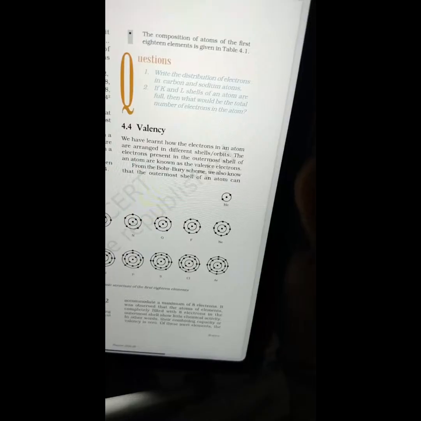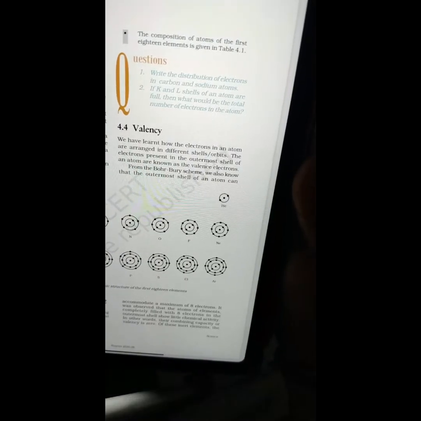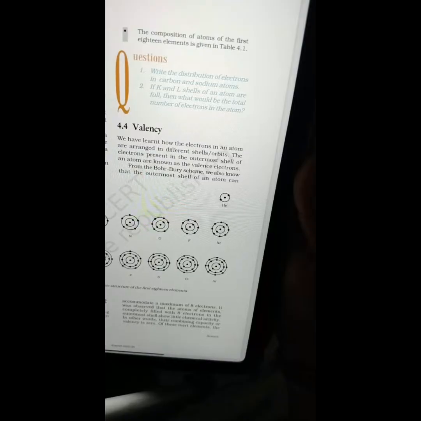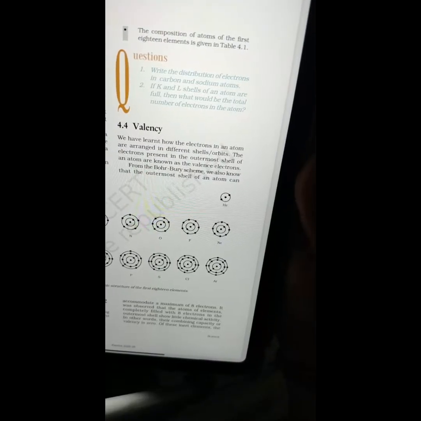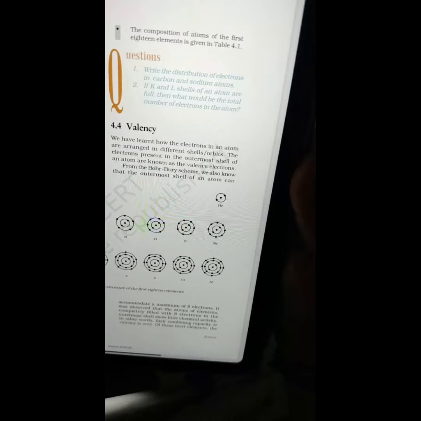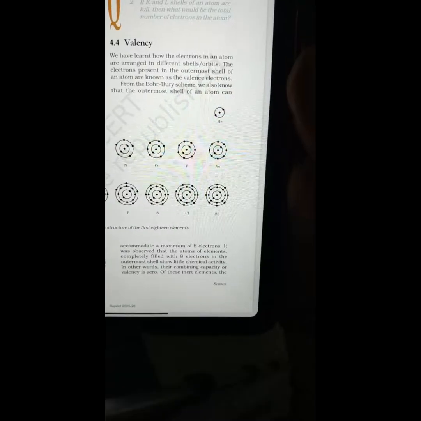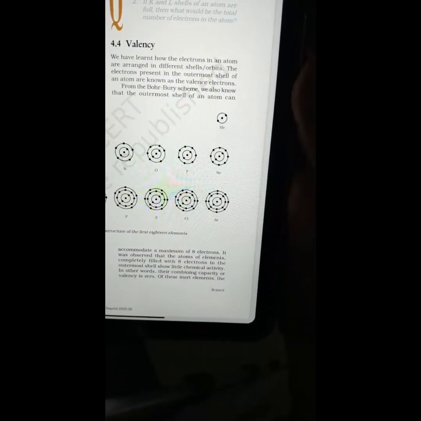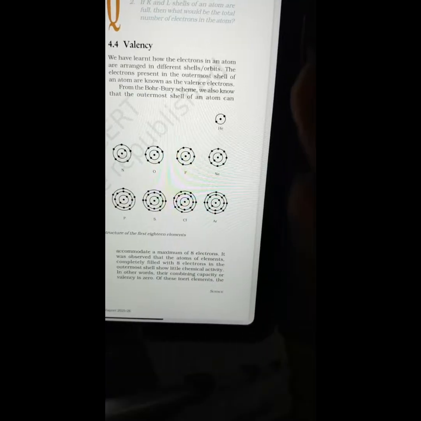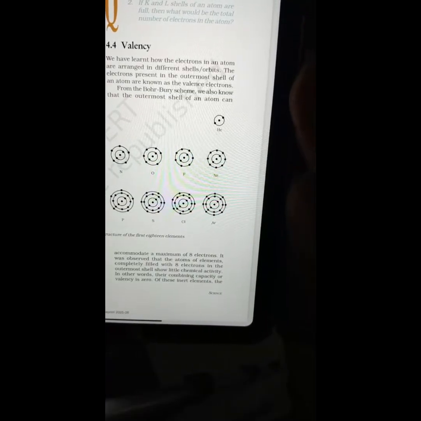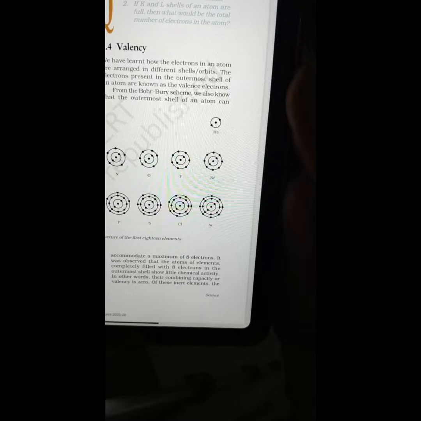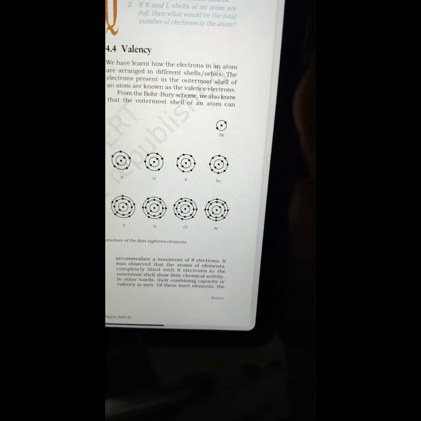4.4 Valency. We have learned how the electrons in an atom are arranged in different shells or orbits. The electrons present in the outermost shell of an atom are known as valence electrons. From the Bohr-Bury scheme, we also know that the outermost shell of an atom can accommodate a maximum of 8 electrons. It was observed that the atoms of an element completely filled with 8 electrons in the outermost shell show little chemical activity. In other words, their combining capacity or valency is 0. For these inert elements, the